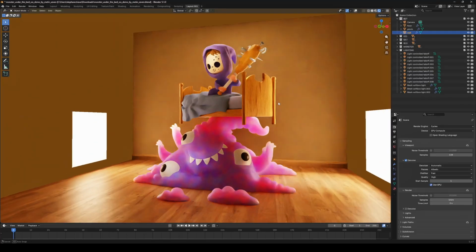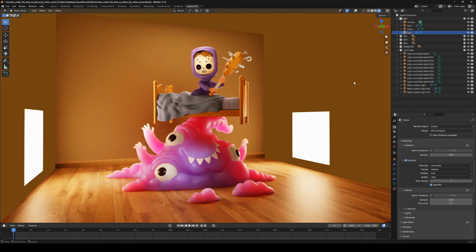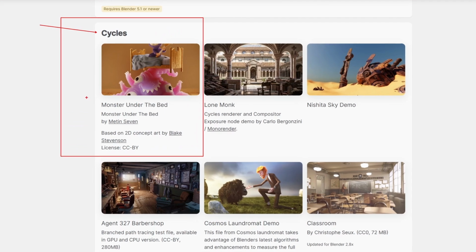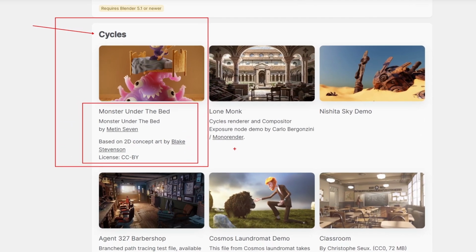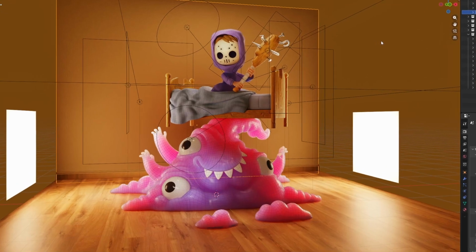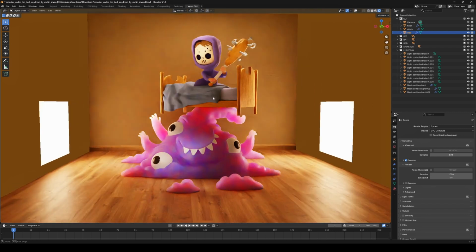So today's video, guys, it's all about lighting in Blender. To illustrate all of that, I'm using this cute and really fun scene that you can download for free from the Blender website in the demo file section under nodes and the cycles section. Inside you will find a really interesting setup that I wanted to explore with you today, guys, and share some insight about. As you know, lighting is really important when it comes to the final step of the process and